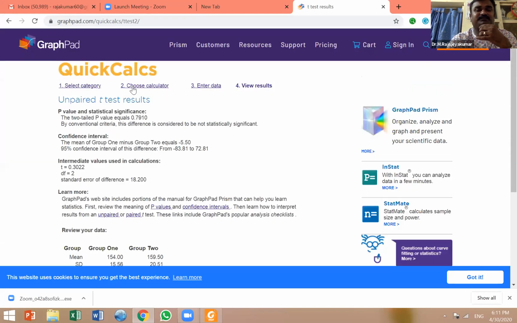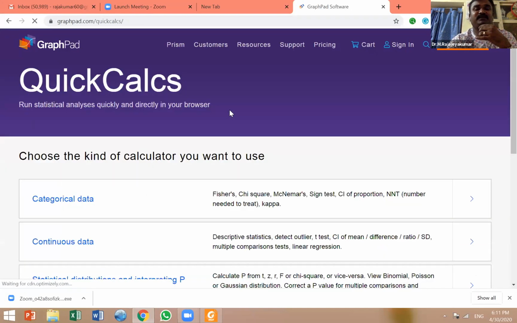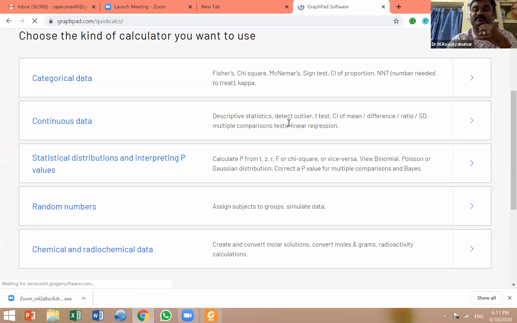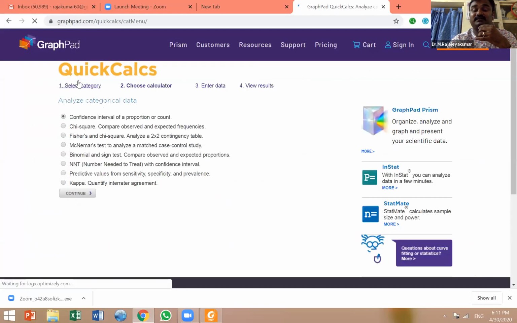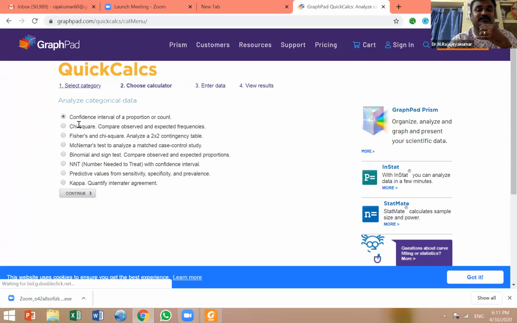Now I am going to go again. This is for continuous variables. Always you can do a parametric test. Categorical data, I told you, comes as nominal and ordinal. This is only for non-parametric tests. So whenever you are going to use this, you can check your test. Then other tests you can use for non-parametric tests.